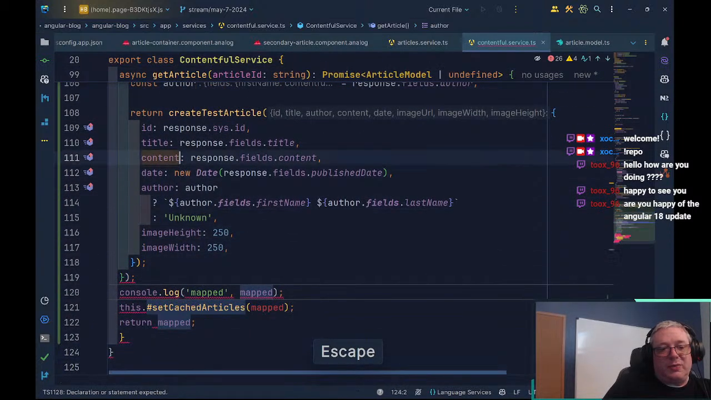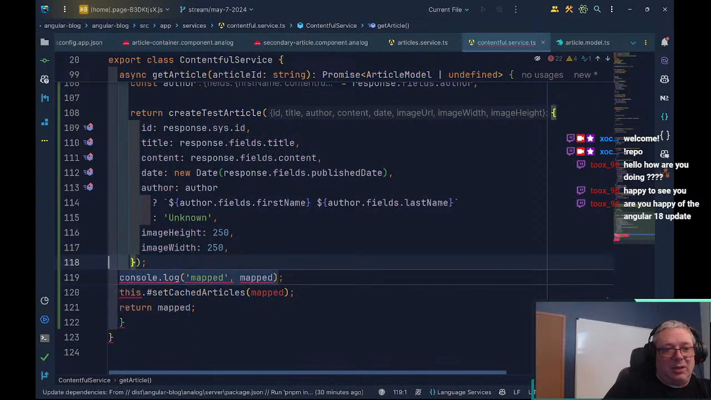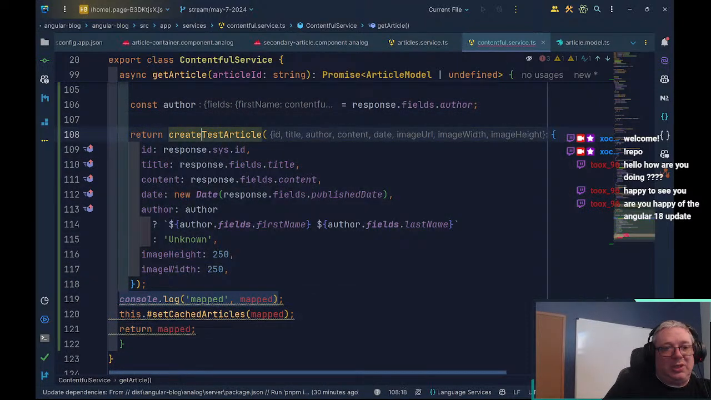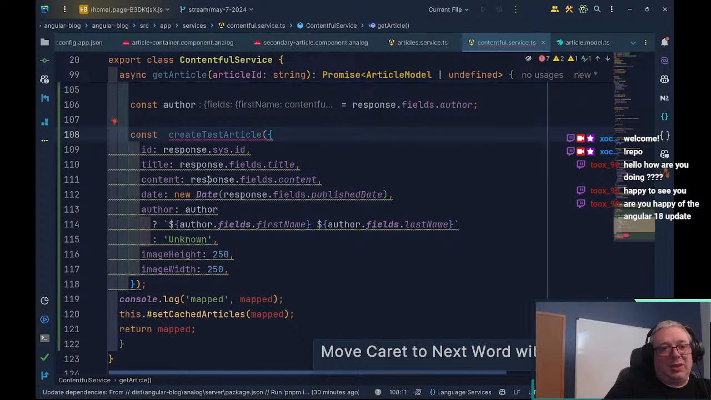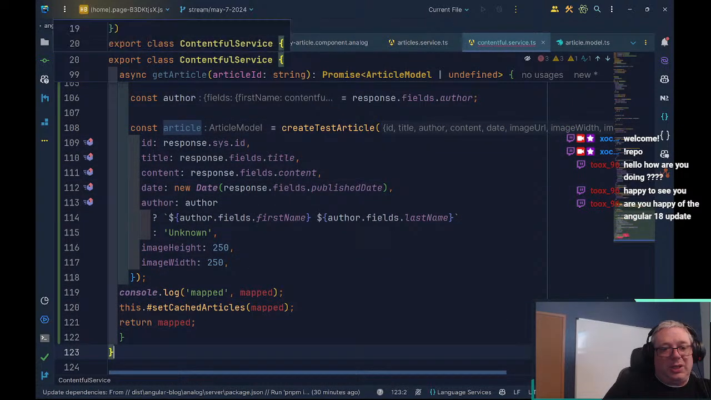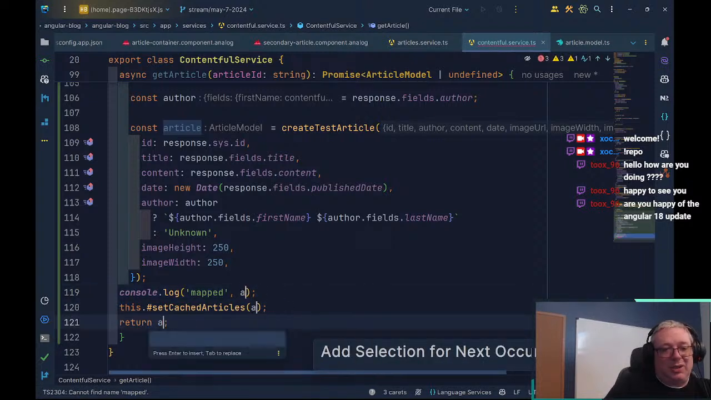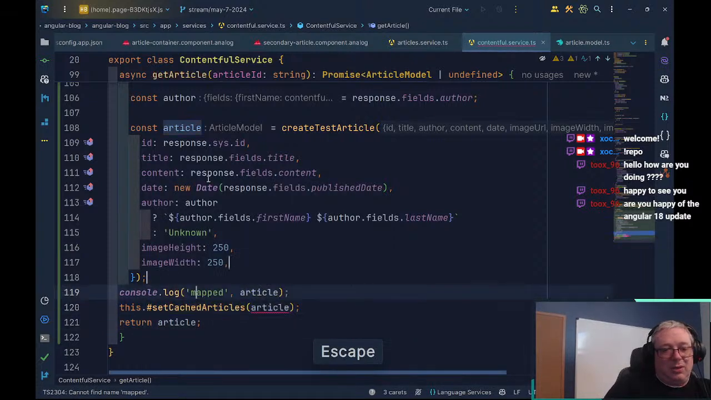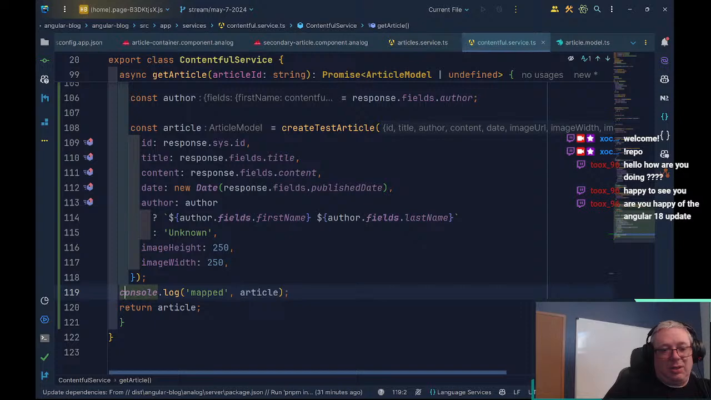So now we've created that. We don't need this. We also don't need this. We can just say, hey, const article equals create test article. Great. And here we can just say article. And we are not going to set the cache. And